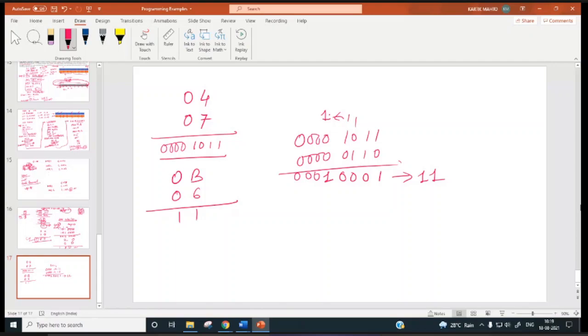Similarly, suppose we are adding, say, 40 and 70. Our result will be B0. Now if we add 60 to this, what will happen?